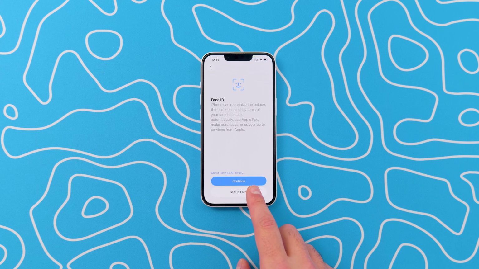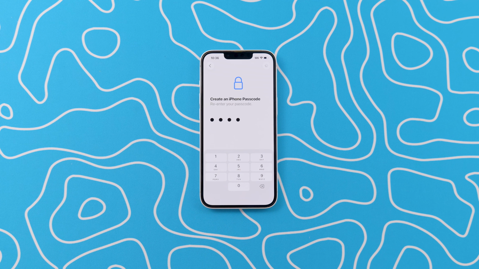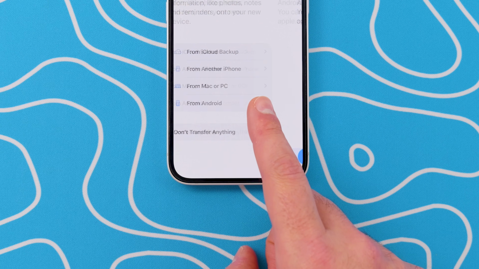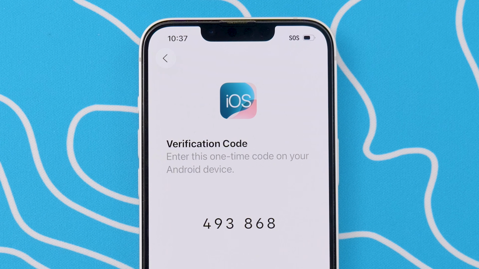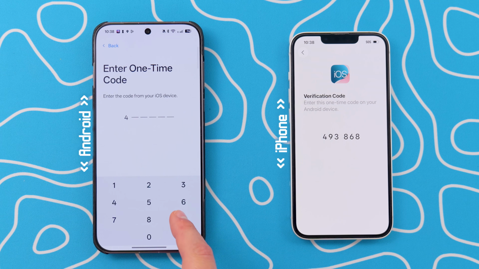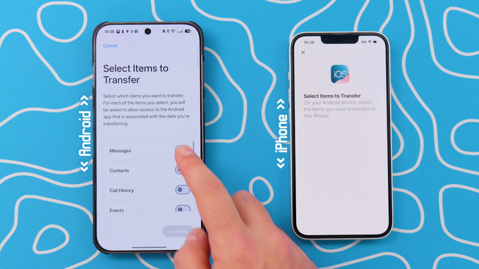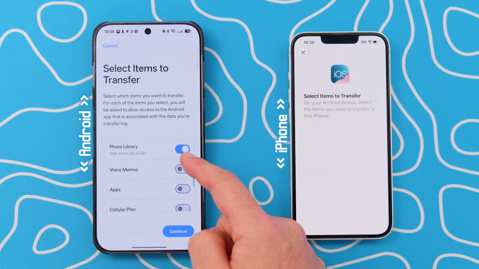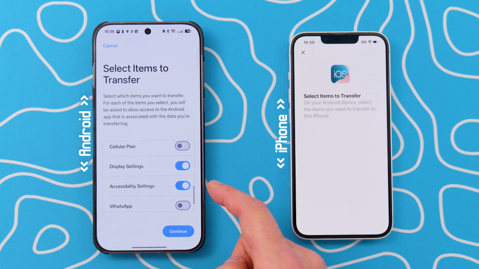Then keep following the setup prompts until you hit the Apps and Data menu. From here, select the last option, From Android. A code will pop up on the iPhone, and just enter that on your Android to get them connected. Now you will see everything you can transfer, from messages, your Google account, photos, apps, settings, and at the very